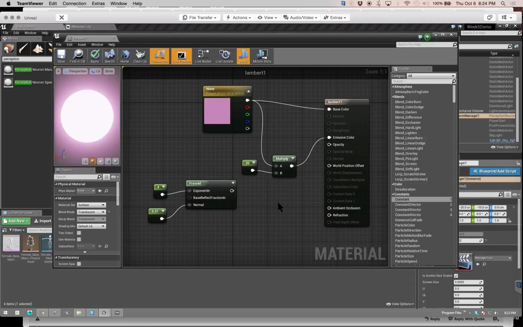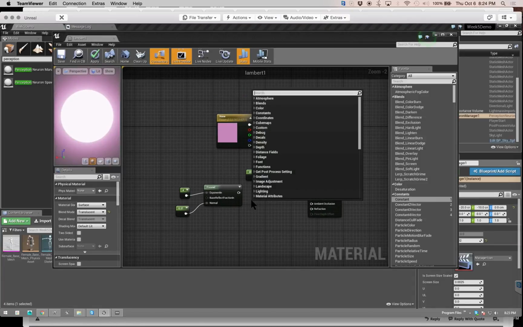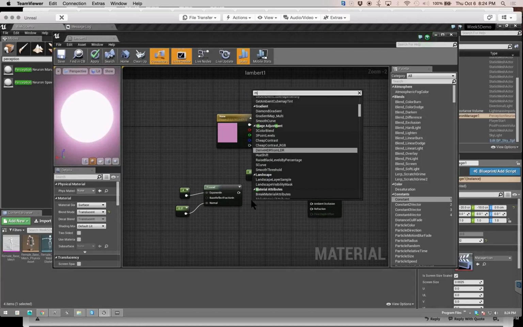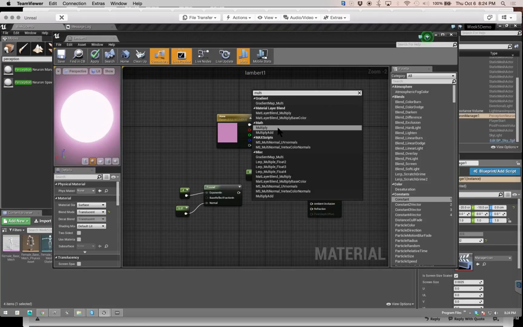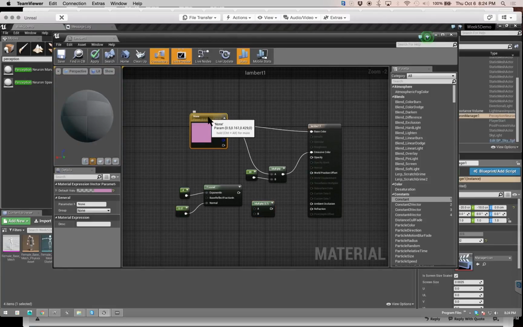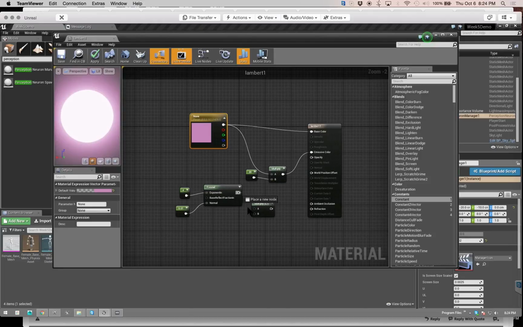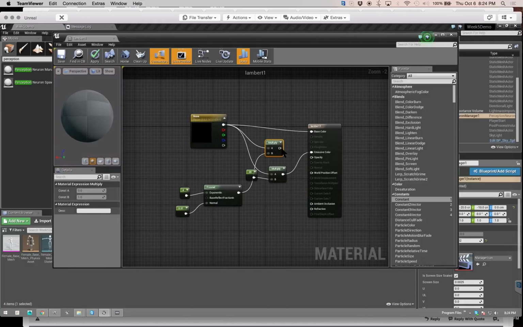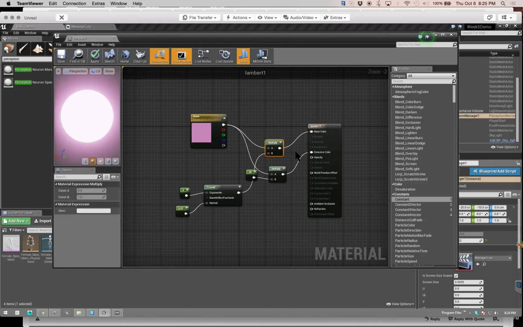And then we can multiply them together. Multiply. This times this times this times, let's just do